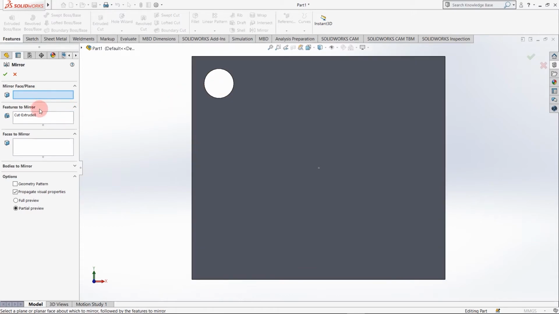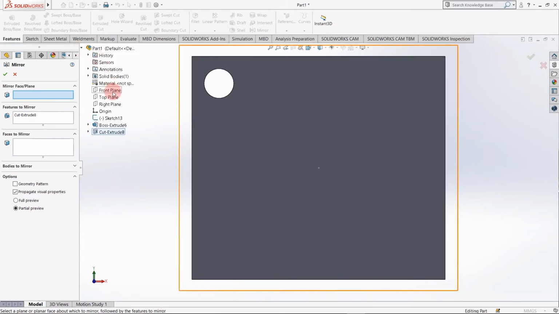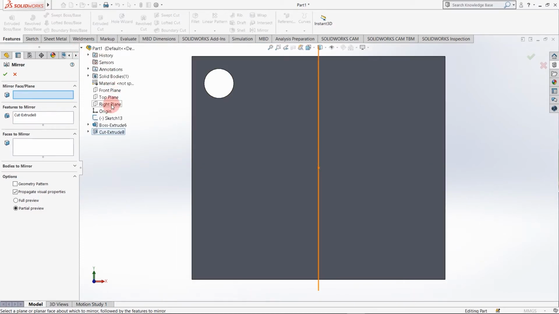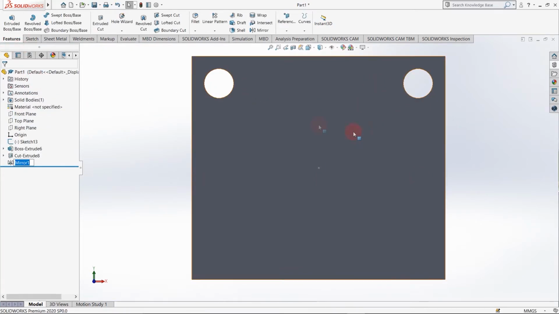See, the feature is automatically selected. I need to define about which plane I want to mirror. I want to mirror about the right plane. As you can see, the hole is mirrored about the right plane. So this is the mirror command.